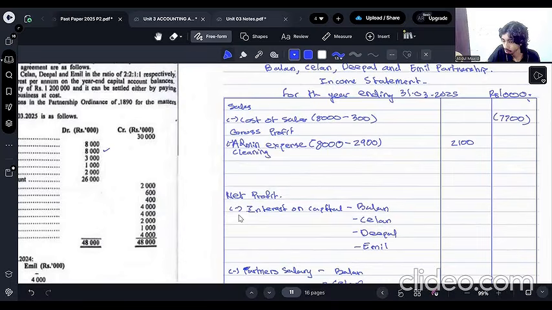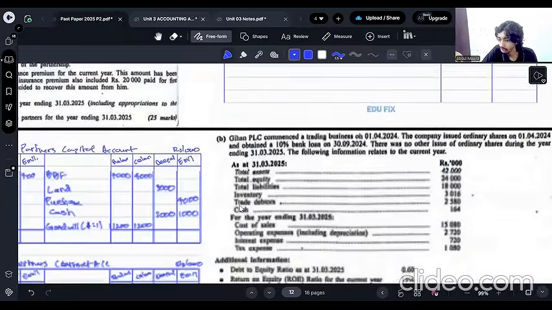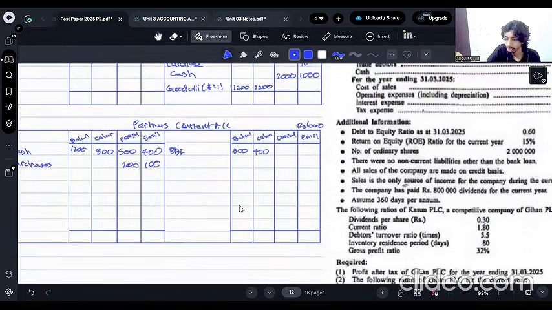You can add it to the admin expense if you want by showing a working, or show it separately. Cleaning expense 50,000. Now, when a partner pays the expense with his own money, it will be credited to his current account. You can say cleaning expense 50, Deepal. Then next,